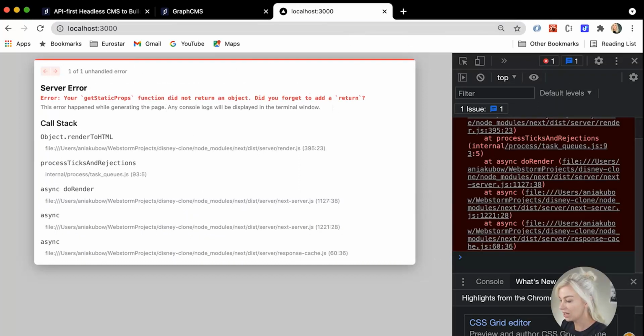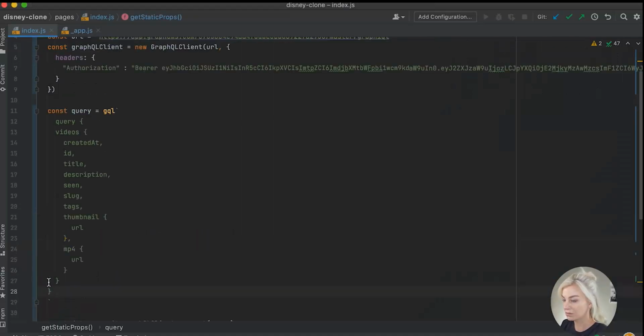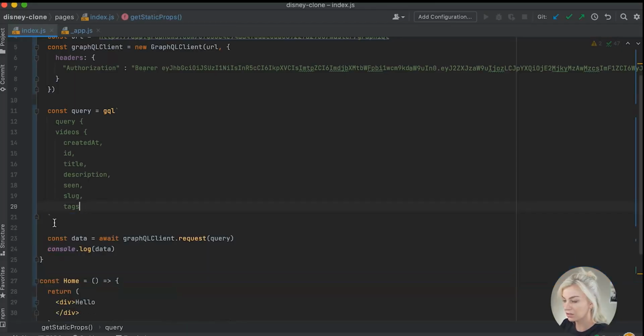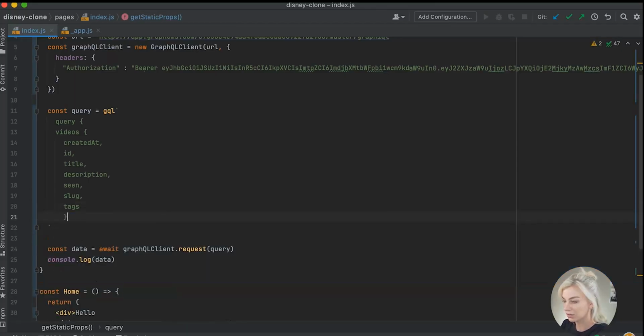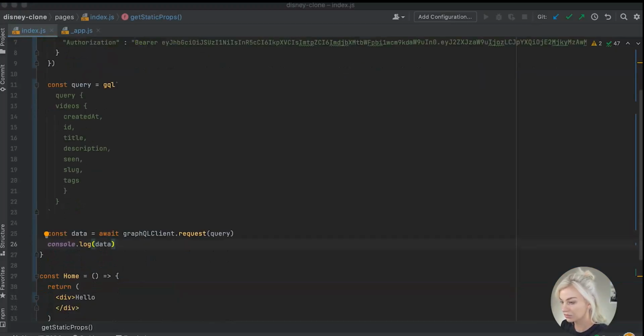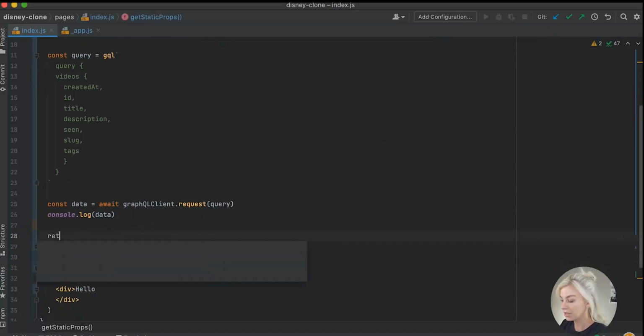We did not add a return, so let's go ahead and do that. I thought it could just work with me consoling the data, but it won't. Let's return some data. Well, perhaps let's just try without any of this hard stuff. Let's just see if it works on these. So closing tag. So all I'm going to do is return,